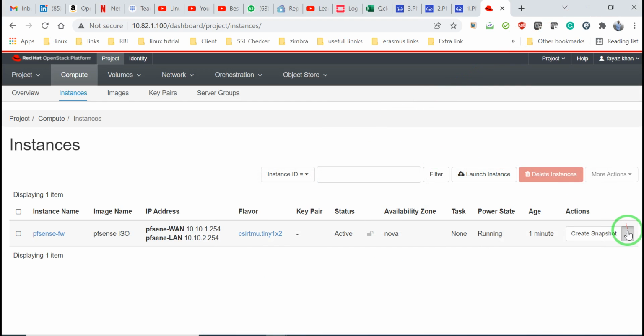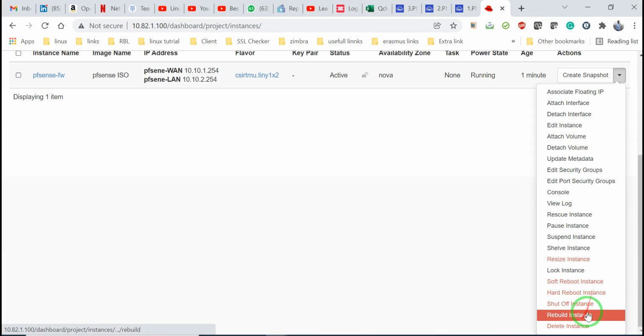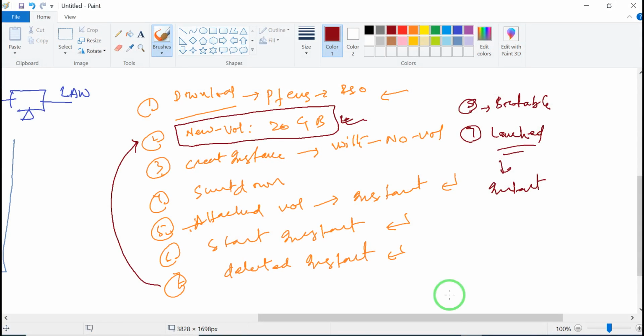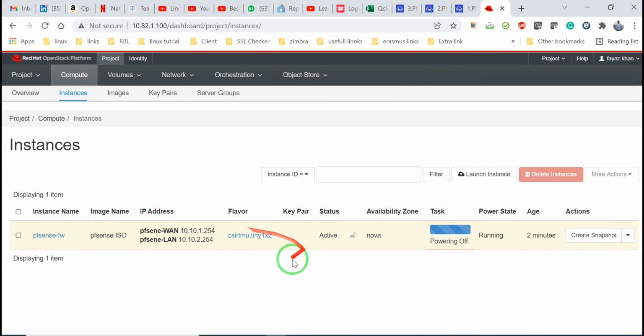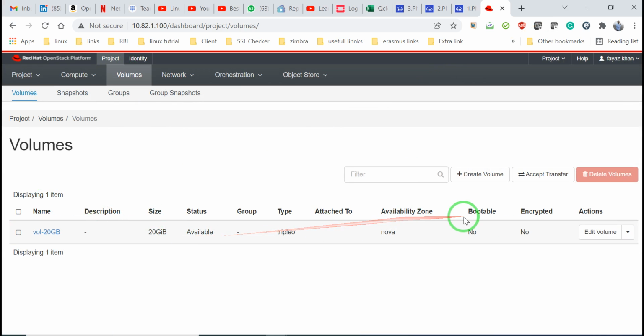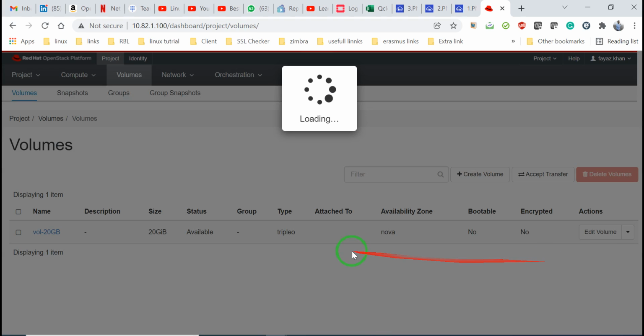Simple, just go onto the machine and shut off the instance. Once you shut off the instance, just go attach the volume to the instance. Okay, so just move on to the volume side and go on to the volume. We have created one, so just attach it. We can attach it here, manage this one,